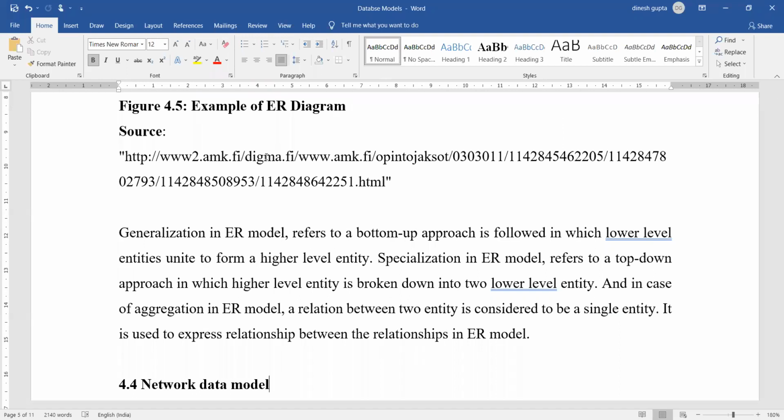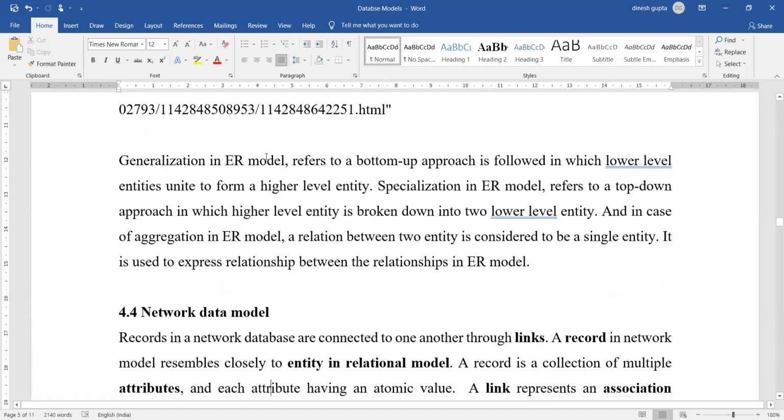Generalization is moving from the lower level to the upper level, and specialization is moving from the upper level to the lower level. So the upper levels are always highly generalized, whereas the lower levels are highly specialized. For example, a student is a highly generalized term. A student, whether belonging to UG or PG, becomes slightly more specialized. Which faculty does it belong to, which department does it belong to, the lower we move, the more specialized it becomes.